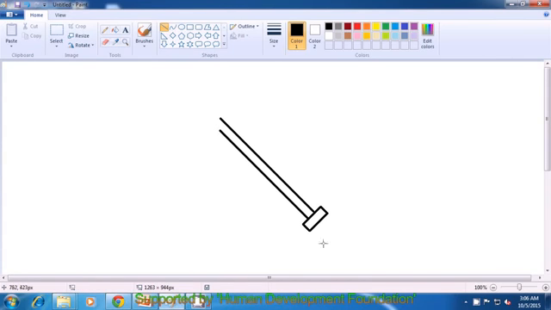And the handle itself is now being made by drawing another slanted line on the bottom. A second line like this. And then we need to join the 2 bottom points of the two lines.